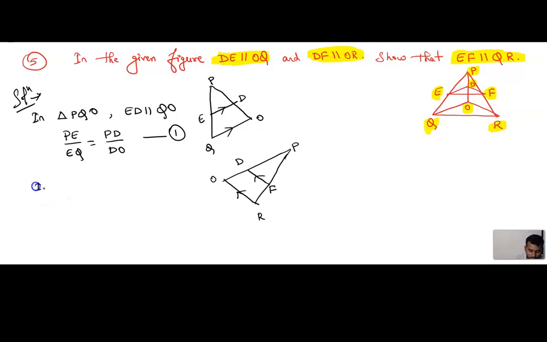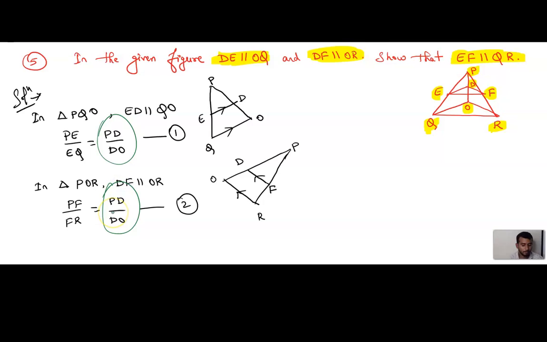So again in triangle POR, what is parallel to what? DF is parallel to OR. Again can we apply BPT? Half by half. What is half? PF by FR is equal to PD by DO. PD by DO. This is equation 2. Now you can see both the sides, PD by DO, PD by DO. Yes or no? So now we can say that, therefore,